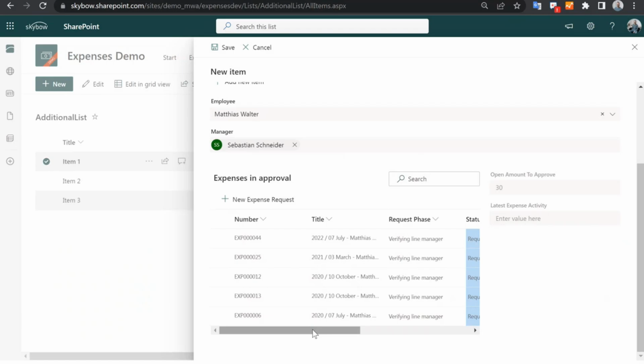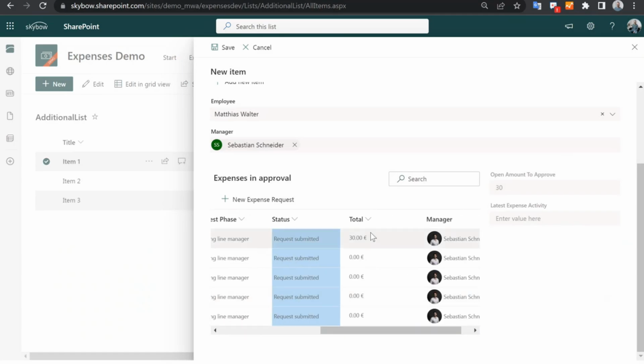Then the next scenario is I have that list down here, which is filtered, and here on the right side, I've added some more columns. The first one here is just a sum. So open amount to approve. So here we have the expenses to approve. And if we look at the total column, most of them in that scenario are 0, but we have one which is 30. And I'm doing a sum based on all those here and get this into another field